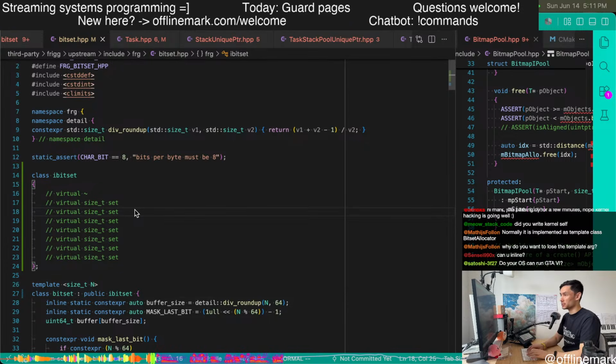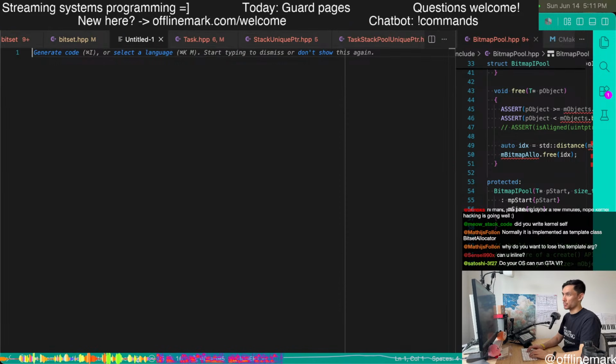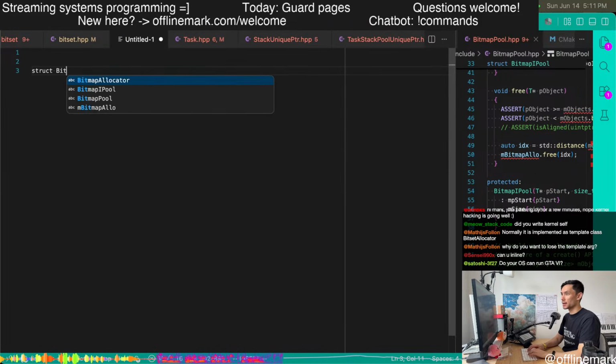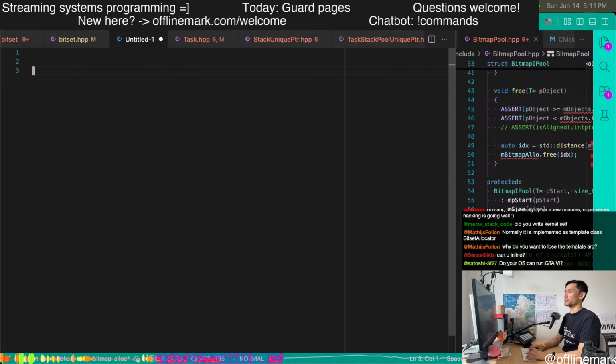Maybe another way to do it is we could just make our own. I could make my own bit set, and so using, wait, what am I doing? Equals frig bit set, and so I could make my own bit set, and then I could have my own thing.